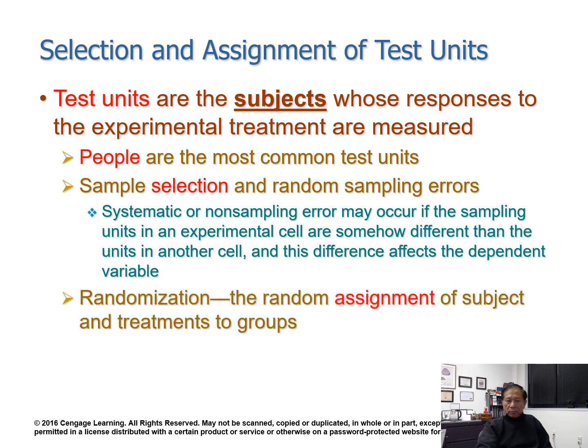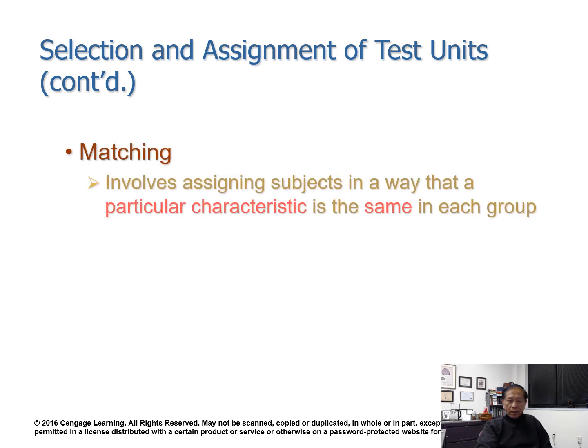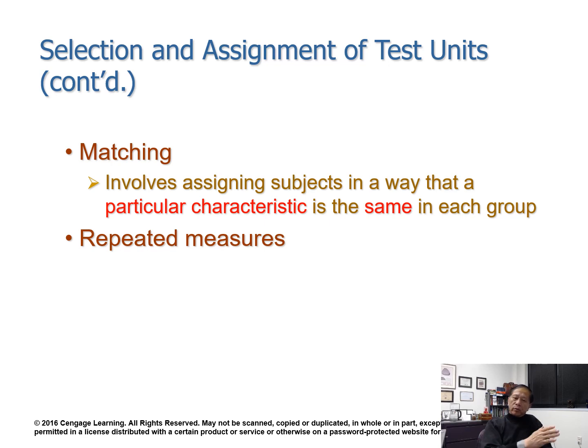Randomization is a random assignment of subjects and treatment to groups. Okay? You can do that randomized. It equally distributes the effects of extraneous variables because it's assigned to cells randomly. Okay? And matching is a technique where it involves assigning subjects in the way that the particular characteristic is the same in each group. Okay? Particular characteristic is the same in each group. For example, in each group you have equal number of men versus women, or a different number of black and